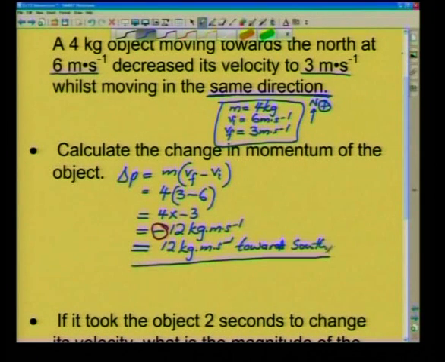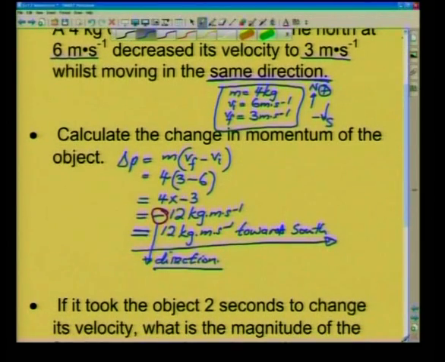Why south? Because north is positive. We took it to be positive, but when we worked it out, it's giving us a negative sign, and that negative sign simply talks to us about direction. So negative is opposite of positive. If positive is north, then negative will be south. Okay, so that is how we can calculate that change in